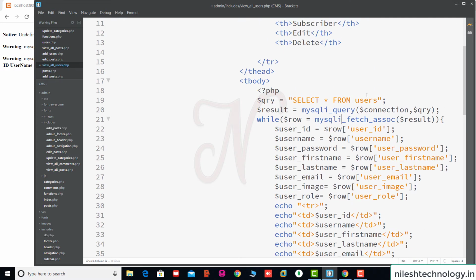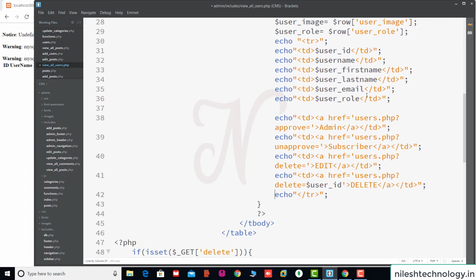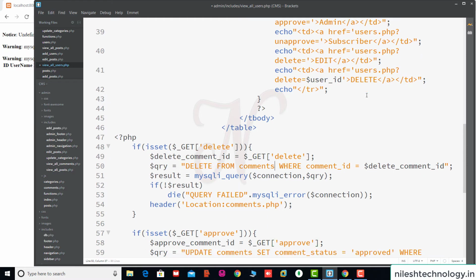Here we get this id from the database table, so we pass this id as a parameter. If you click on this delete, it goes to this if section, this is the delete user id. Delete from users, we change the query where the user id is equal to delete user id.